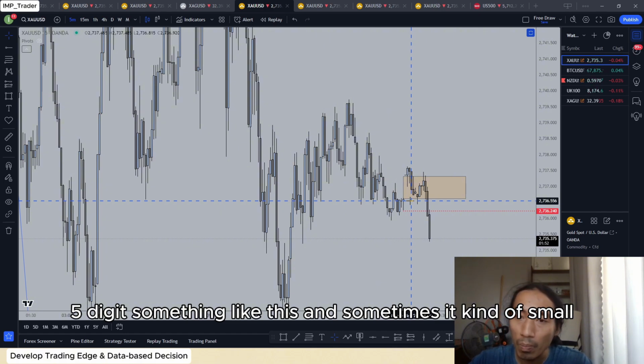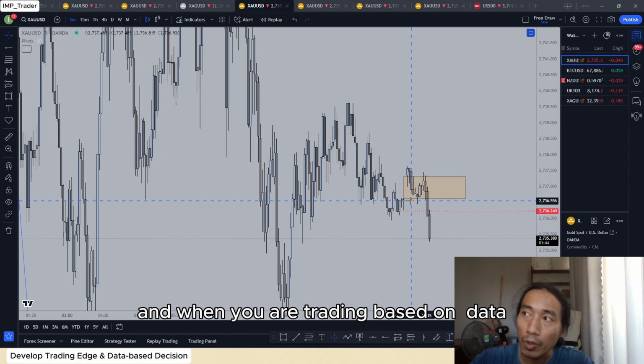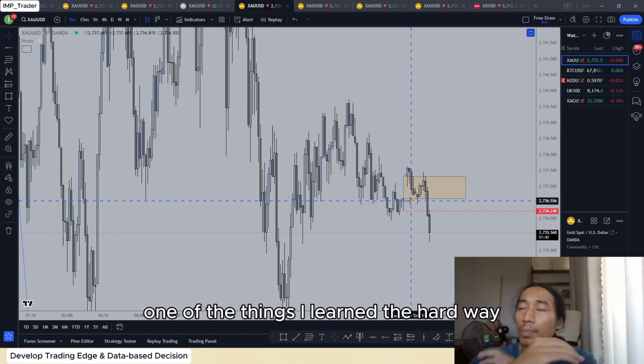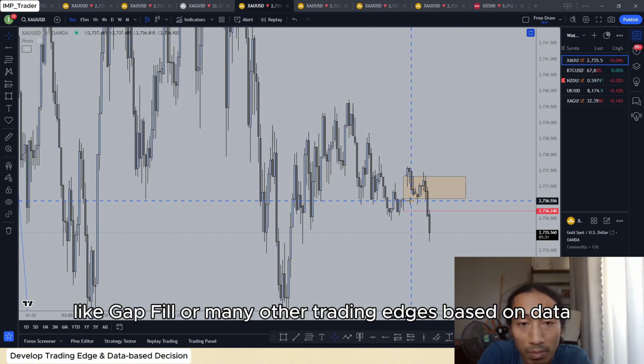Sometimes it's small, but it can really affect your hit rate. And when you are trading based on data, one of the things I learned the hard way, especially with high win rate stuff like gap fill or many other trading edges based on data,